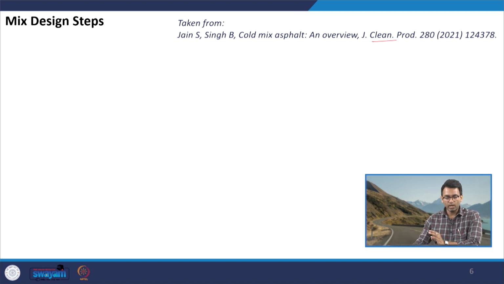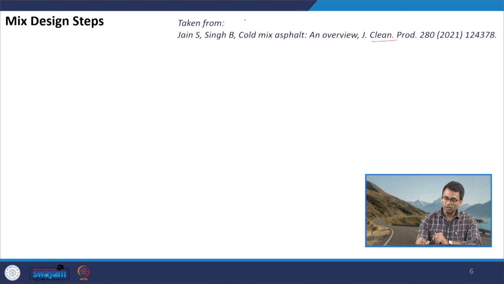Well, before I begin, I just want to comment that universally there is no standard mix design process for cold mix asphalt. In fact, various specifications have given their own methodology, and most of the methodologies are based on the trial and error method. So, mostly it is empirical, the steps are more or less empirical in nature, and the steps which I am going to discuss today are taken from the steps given in MS 14,